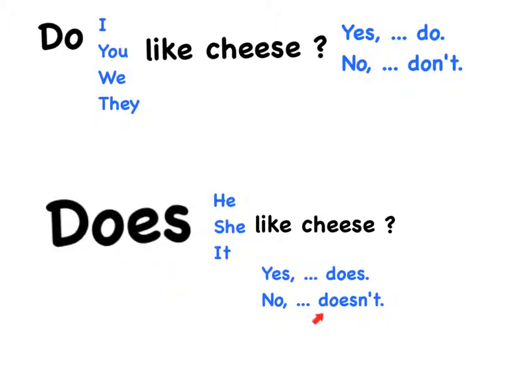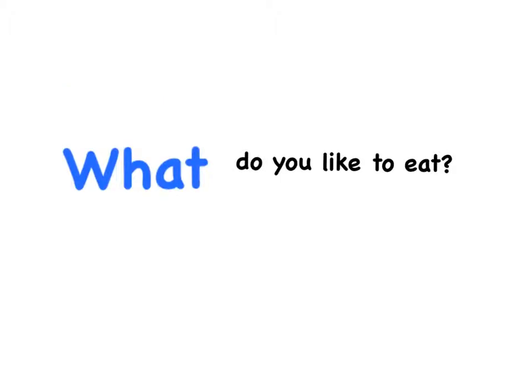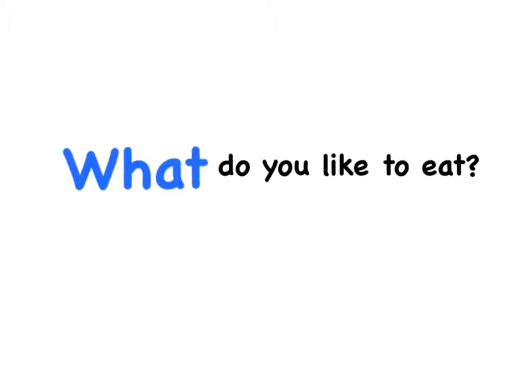Can you see that the answer obeys the question? The auxiliary we use in the question is the auxiliary we use in the short answer. Okay? What if I want to ask a general question, not a yes or no question, like a what question? How can I form that question? You can ask me, what do you like to eat? Obeying the same sequence. Auxiliary, subject, verb. Just include the what before it.